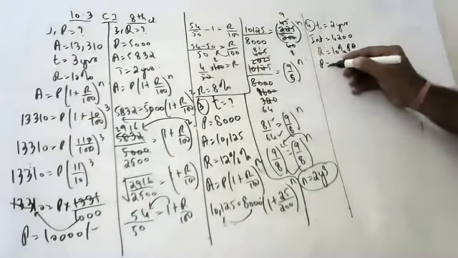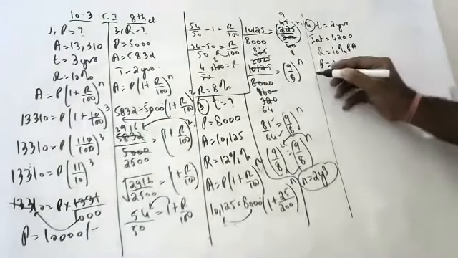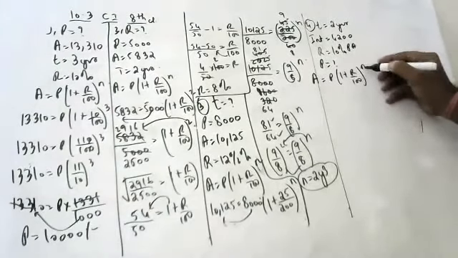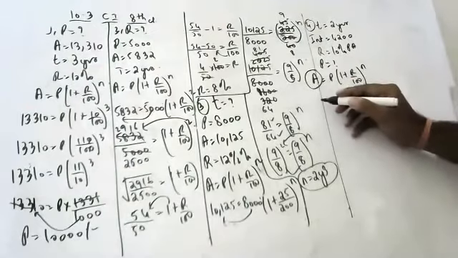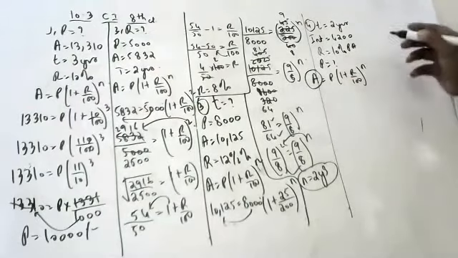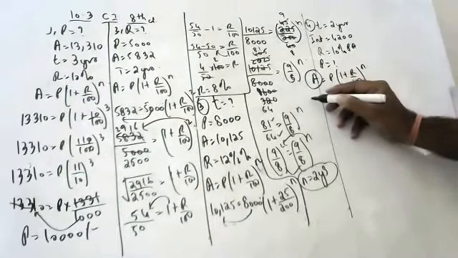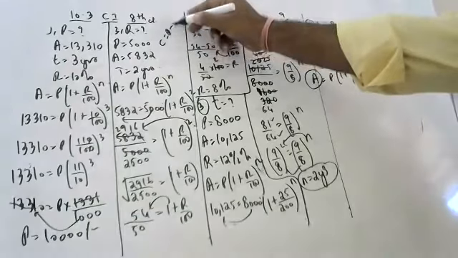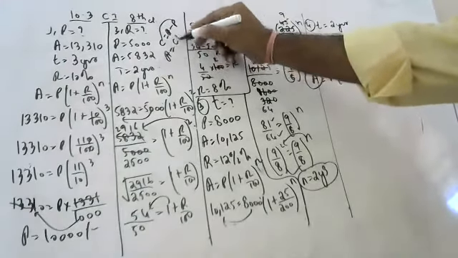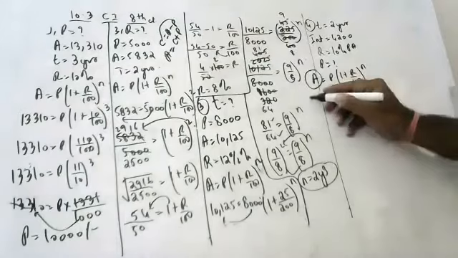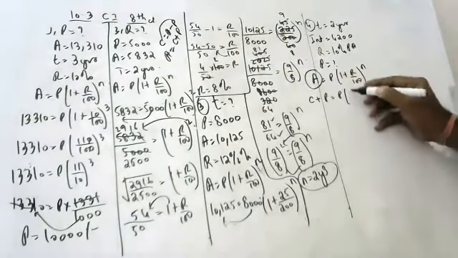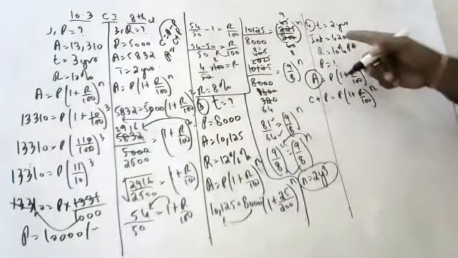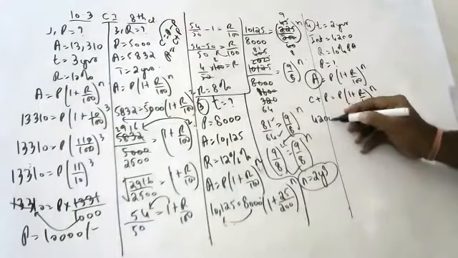Principal we should find out. Amount is equal to P into (1 plus R by 100) whole to the power n. See, normally, what is compound interest? Compound interest is amount minus principal. Means amount is compound interest plus principal. Compound interest plus principal is equal to principal into (1 plus R by 100) whole to the power n. How much is the interest? 4,200.